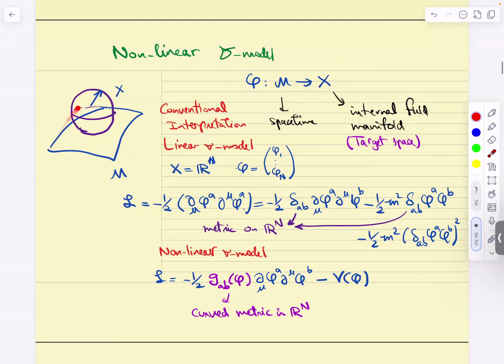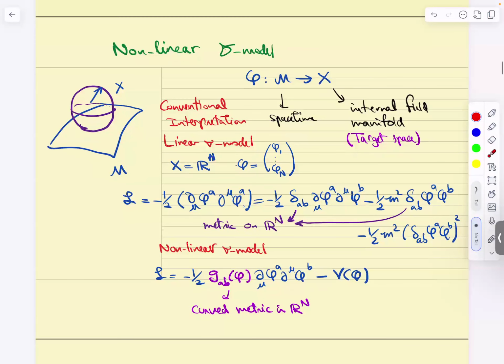So this is a picture to have in mind. M is a space-time, and at each point on the space-time, the field takes a value somewhere on some internal manifold that I'm drawing as X. So for example, if X is R^n, n-dimensional flat Euclidean space, phi is phi 1 to phi n, and